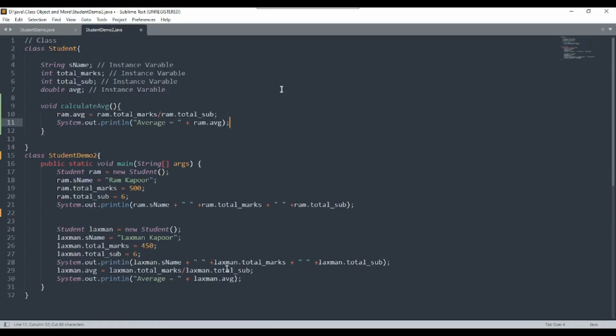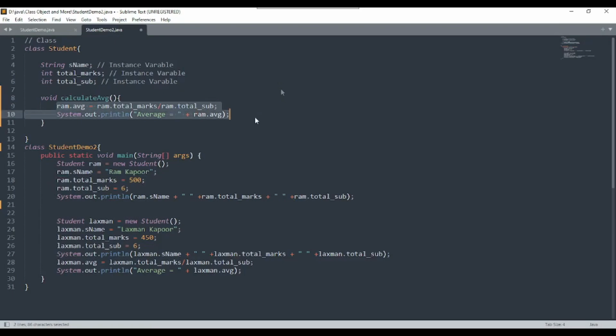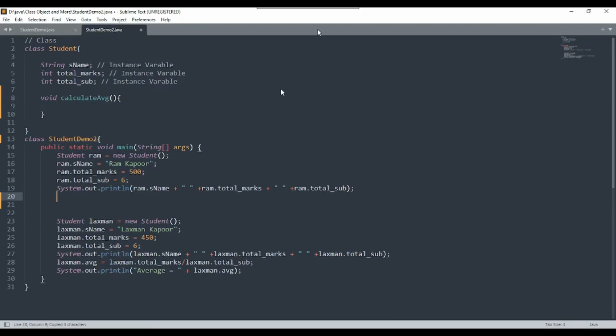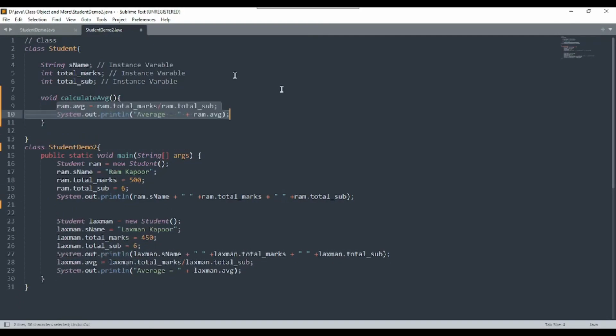So now I have just copied that line and pasted it over there in the method that I have created in a class. Now I just need to remove that object name from there. Say for example, in our example in line number 10 we have written ram.average, right? That average value is of type double now. So in the calculate average method, what we have done, we have written the particular object name. So here I am just removing the line and writing over here,